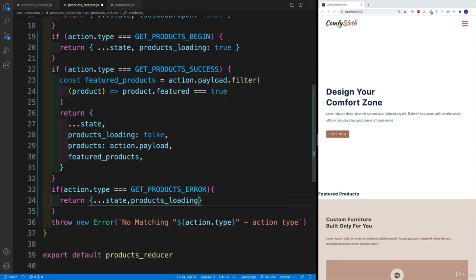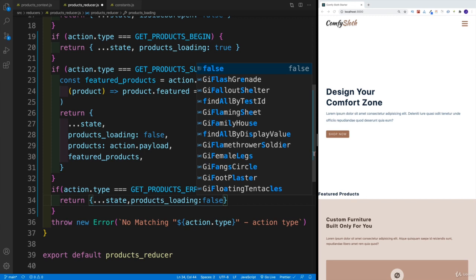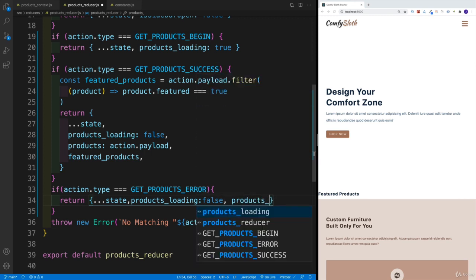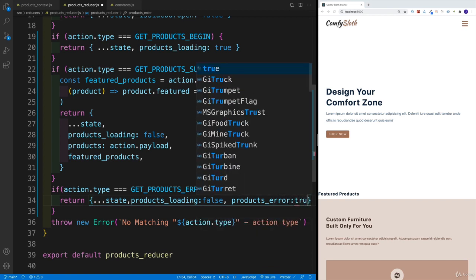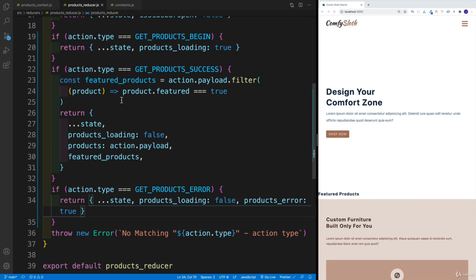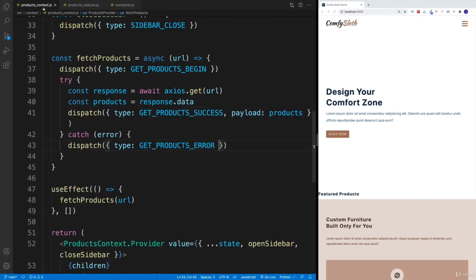So products loading should be false. And then the error should be true. So in here, we're going to go with products error, and that should be set to true. So save it. And we should have a nice function that handles loading, that handles success, as well as the error. And once we've got this in place, of course, now we can move on to the next step.